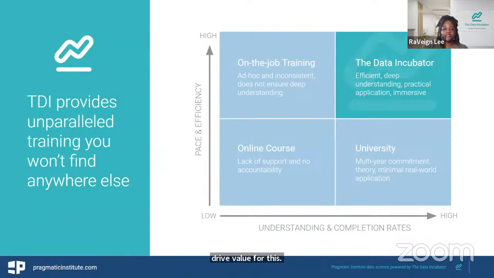So what makes the Data Incubator different? There are a lot of other data-focused programs out there, so I'm sure you're wondering what we do that's a bit different. What we found is that you'll look at 2 different types of training. The first would be fast-paced and efficient, and then the other would be slower and focuses on understanding and completion rates. University is one example where you'll receive a more detailed understanding, but with a lot more time invested. On the job training is usually very quick and efficient, but maybe you're not understanding what you're doing. We've taken all of these aspects and combined them together to find a great middle ground for training.